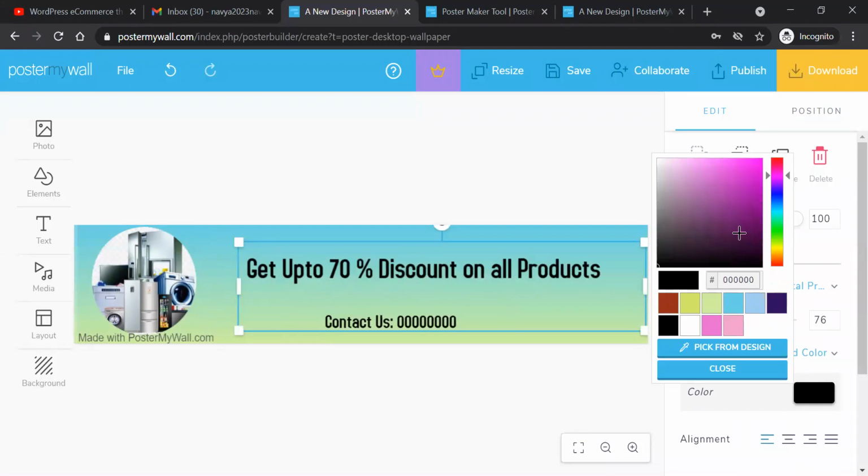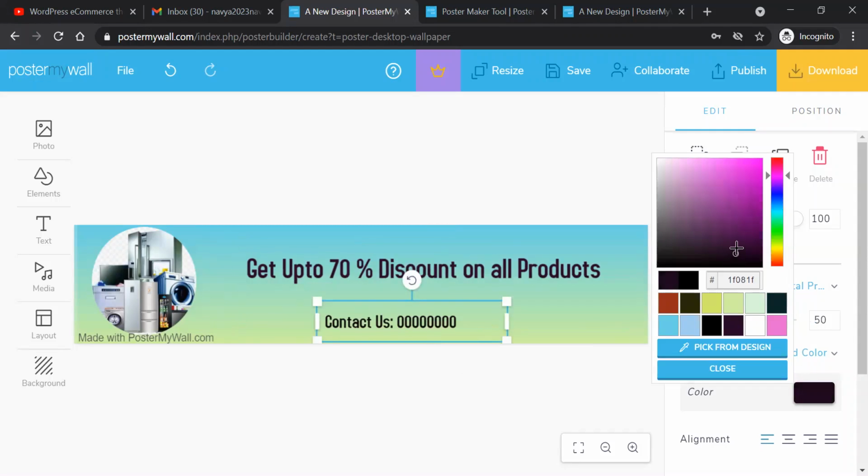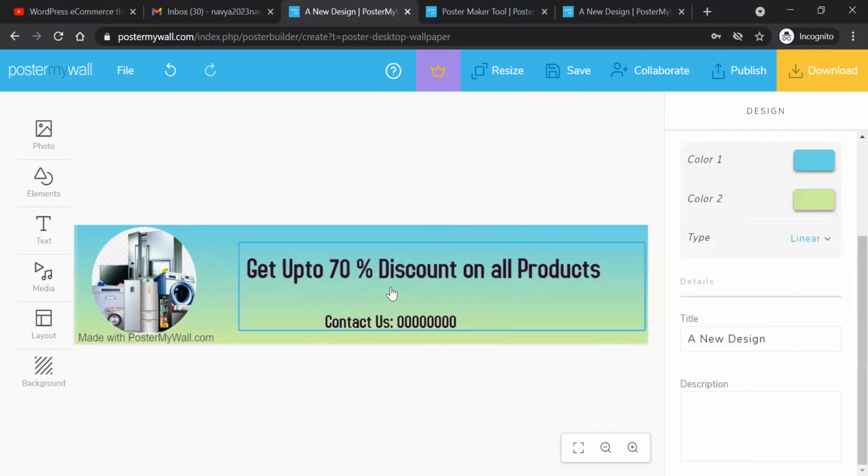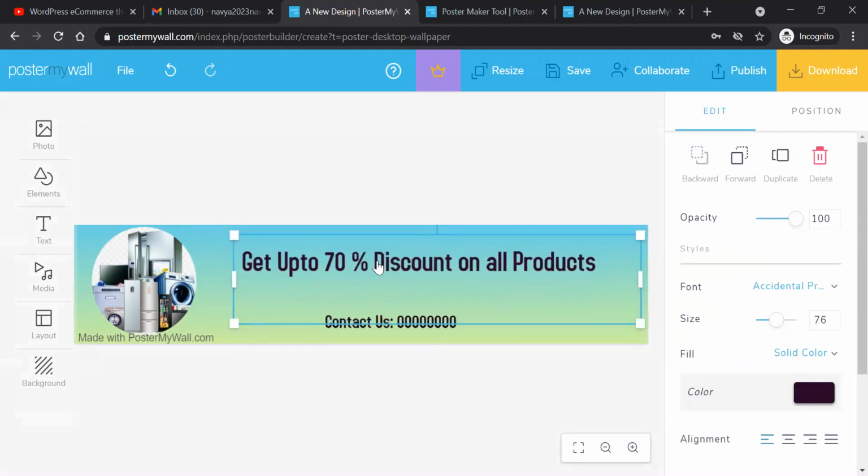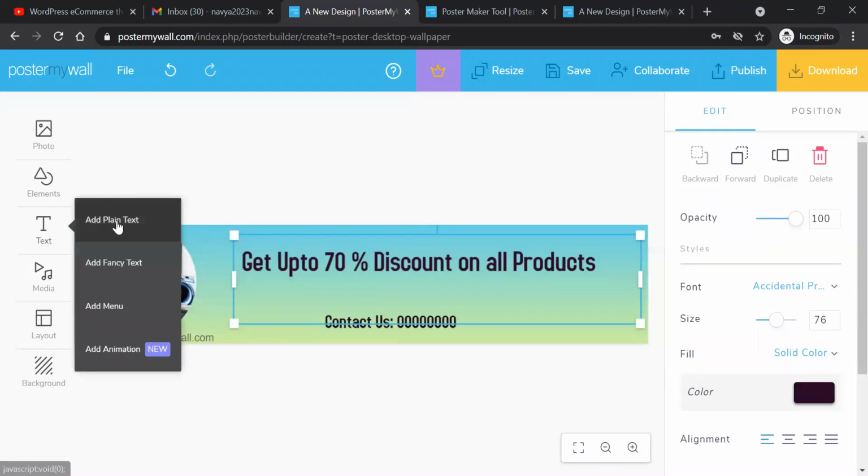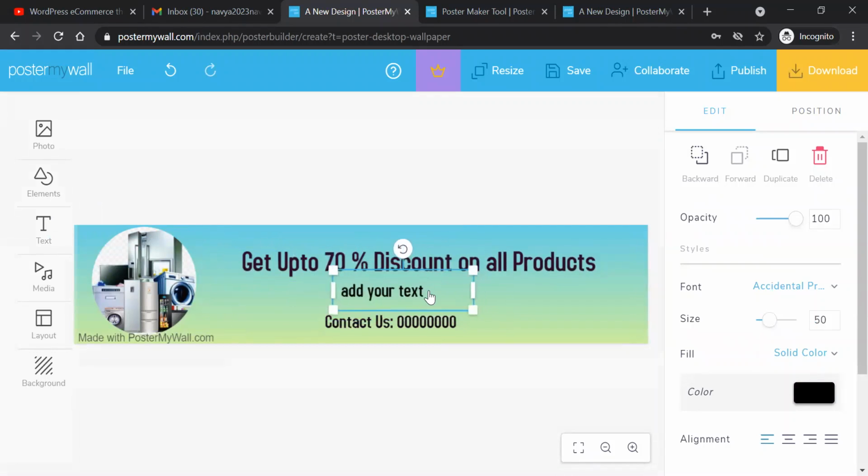You can change this color. You can specify the design.